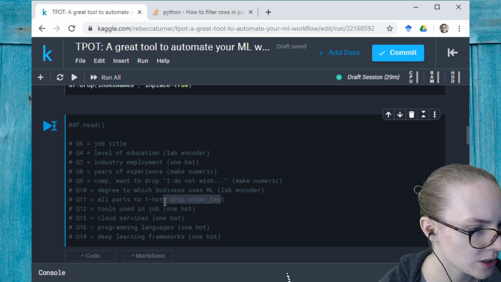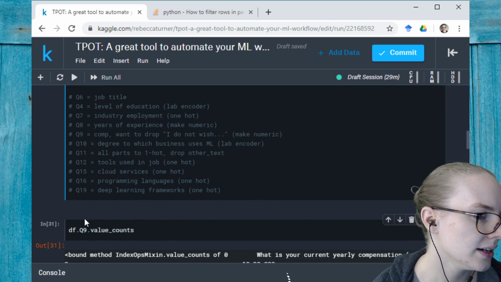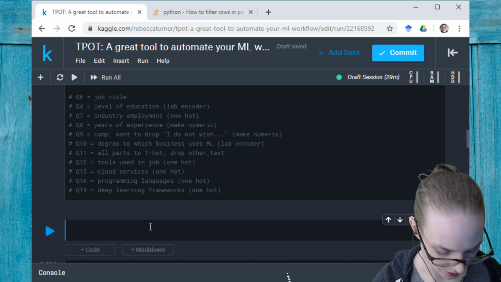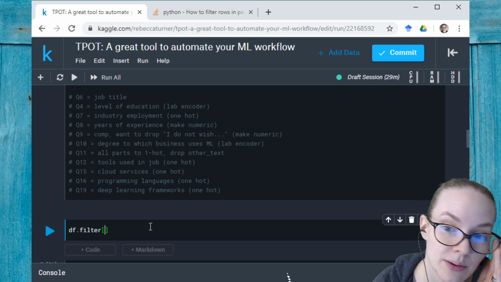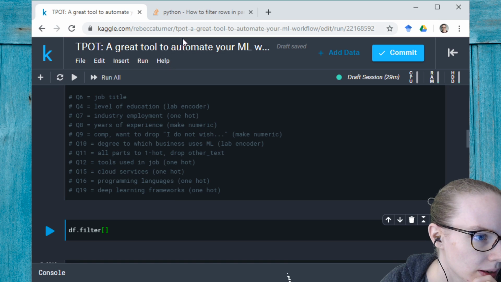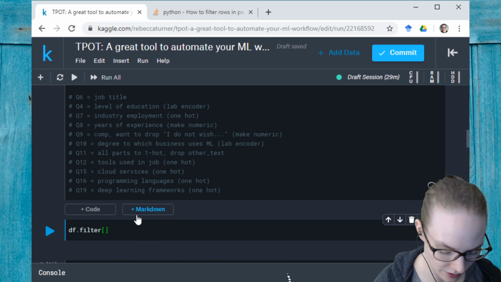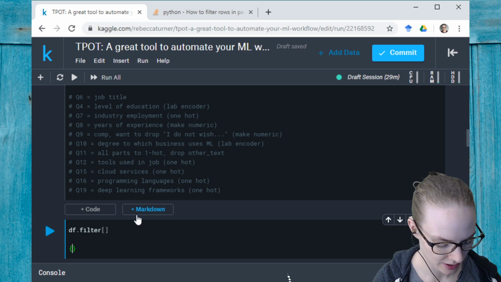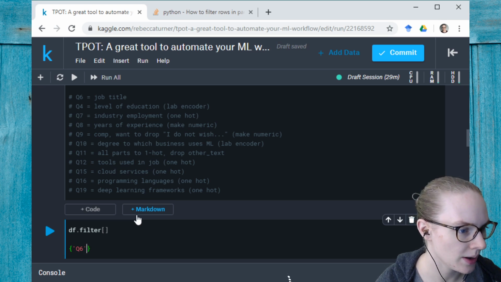Question 11, all parts to one hot, drop other text. So from here we need to select just the columns that we're interested in. So here we can use filter actually. So dataFrame filter, and specifically we are looking for, it needed to be in a dictionary, right? So Q6 we want, Q6 we want,